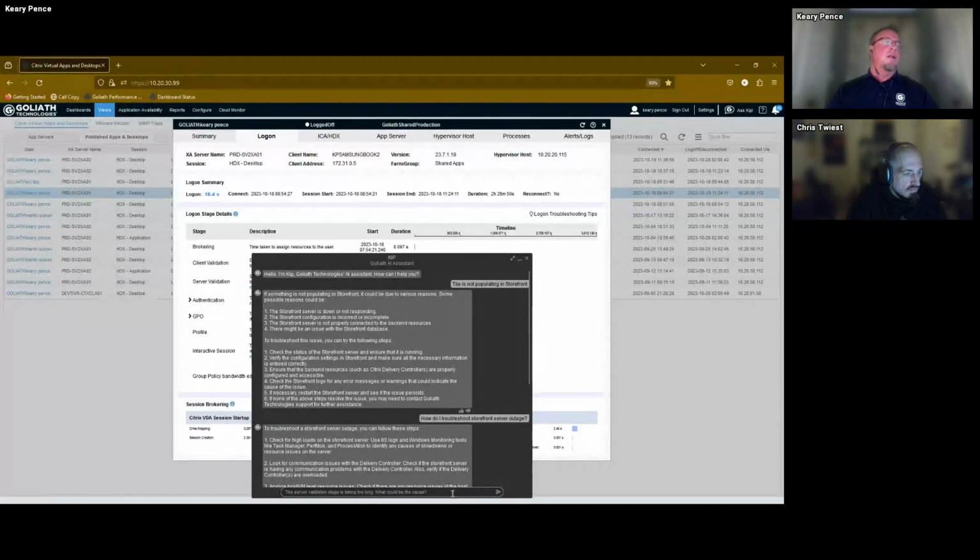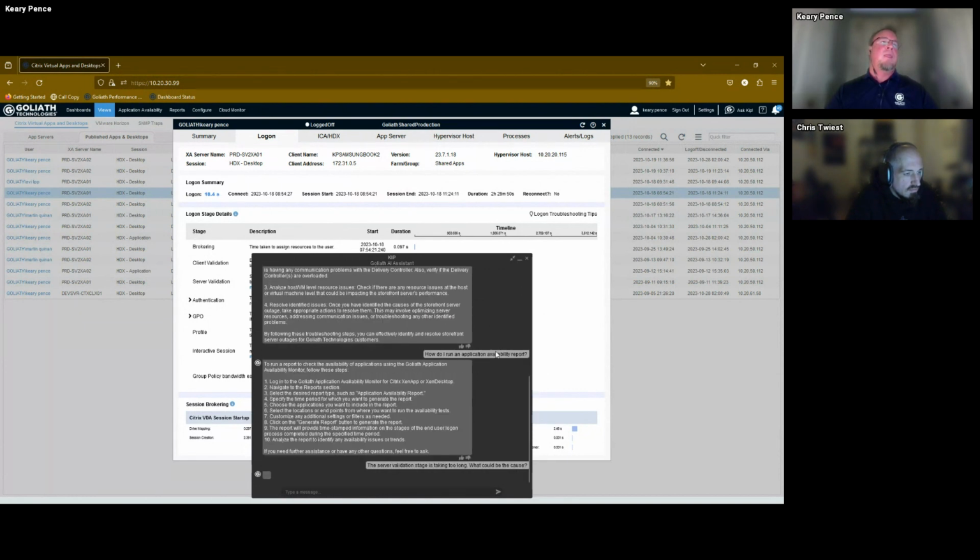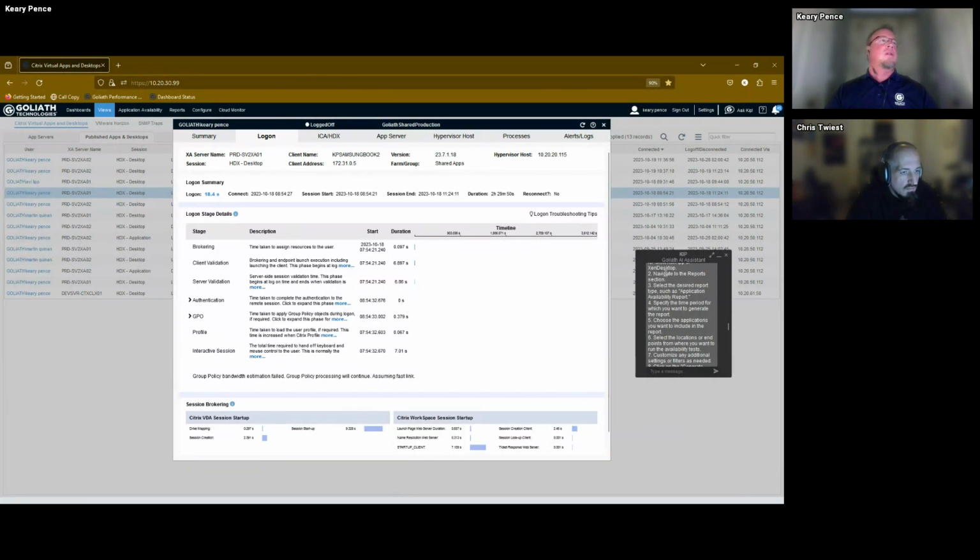And we can type in, the server validation stage is taking too long. What could potentially be the cause of that? And again, the whole idea here is that this is giving you a quick view into what could be potential issues. So before we go look at that response, one thing I just want to point out,